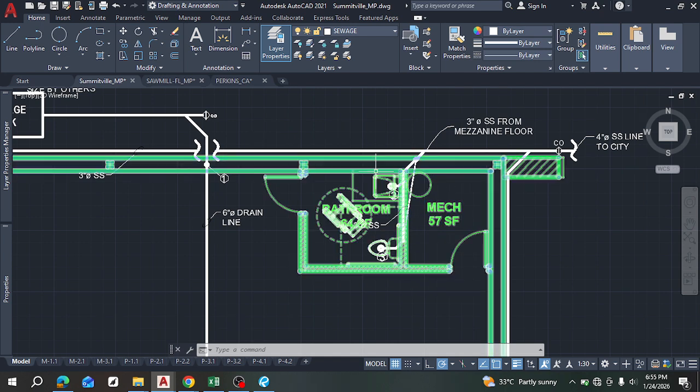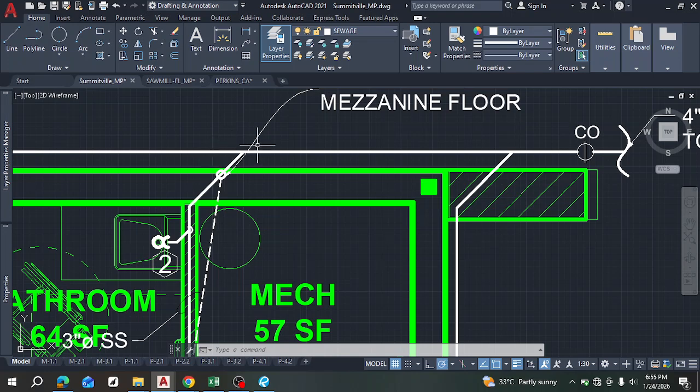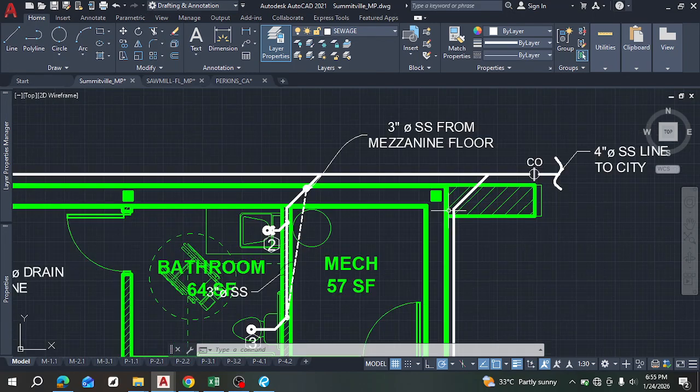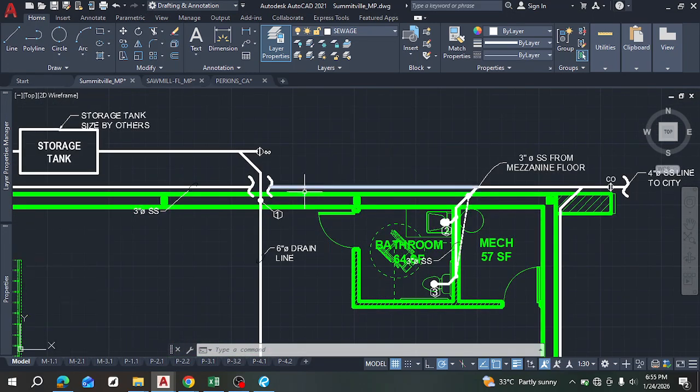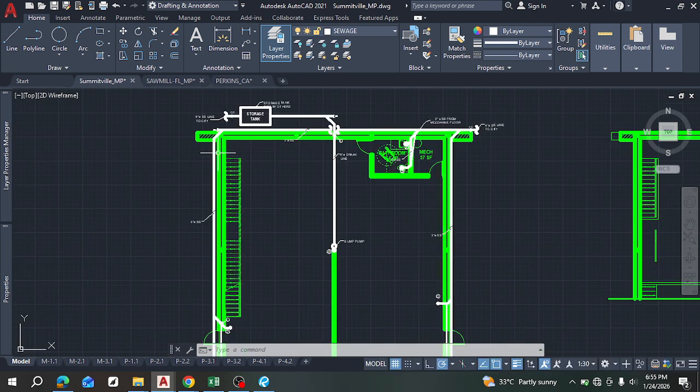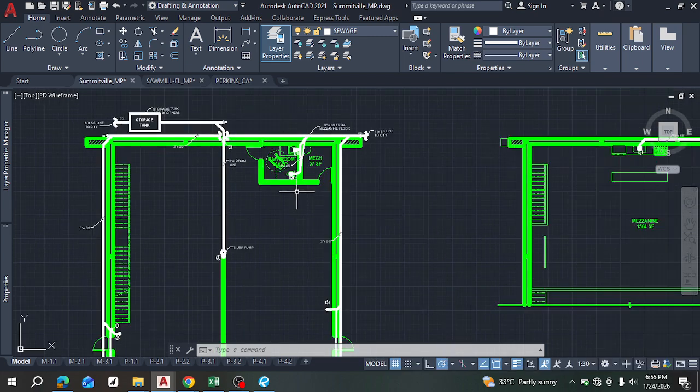If I was going to add a grease interceptor here, because this connects here, I would have added it here, but because this is going to flow into it, I'm not going to add it there. So that will mean adding one somewhere here because it covers all these, right? And one here,